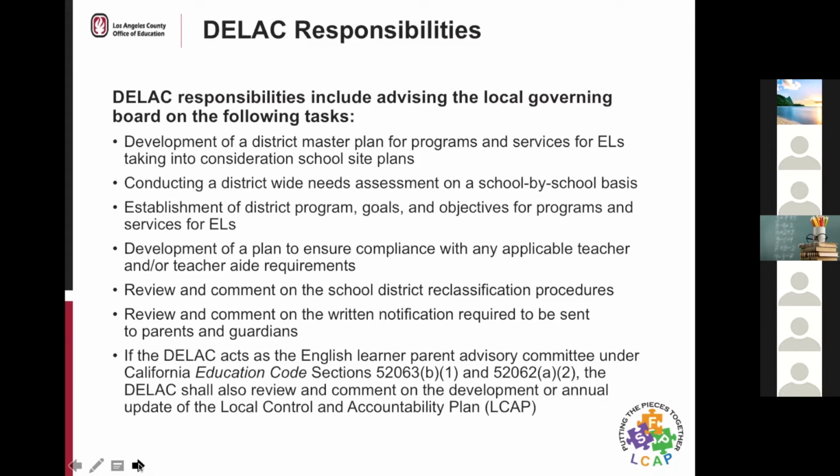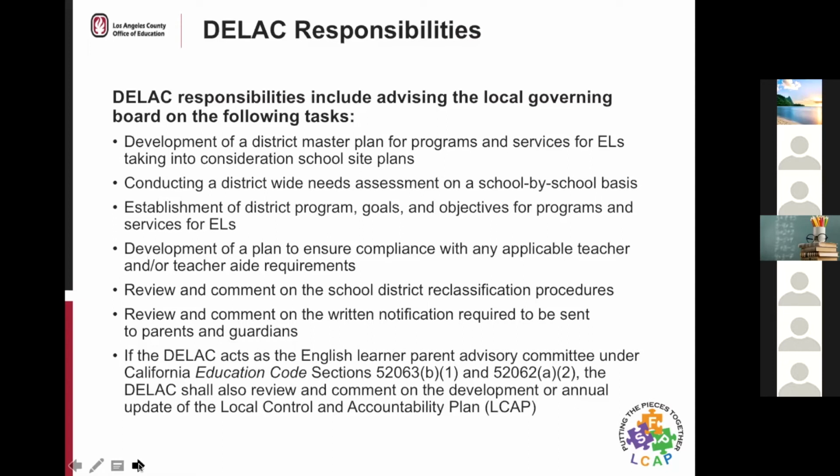Some of the topics are pretty similar to the responsibilities seen in school level ELACs, but instead it's at the district level, such as reviewing the goals and objectives, the plan for programs and services at the district level for English learners, the district EL master plan, the district level needs assessment, etc. Also, if the DLAC is going to be serving as the English Learner Parent Advisory Committee for purposes of the LCAP development process, then the committee must carry out responsibilities of both committees.